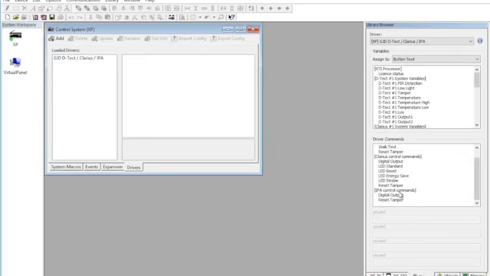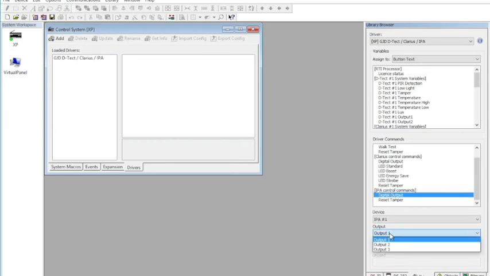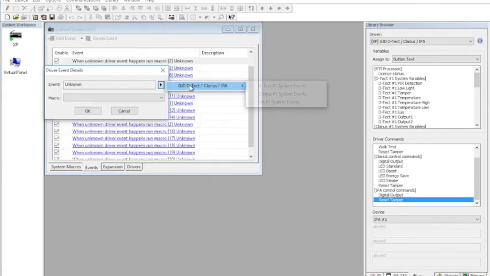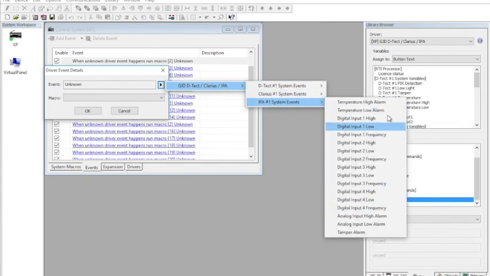In terms of system functions for the IPA, there is control of the 3 relay outputs, open, close and toggle, and the ability to reset the tamper. There are quite a few events the IPA generates, and you can see them all listed here. We've got the high-low temperature alarms, and then for each of the digital inputs, as we have mentioned, you get events when those signals go high and low,